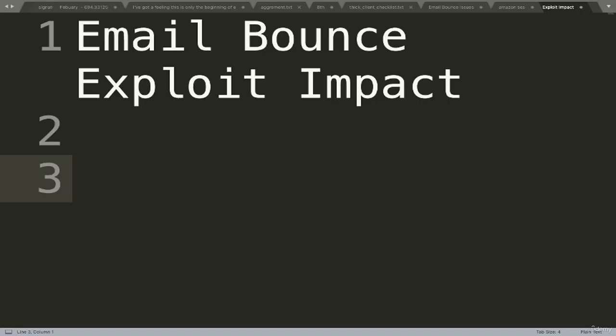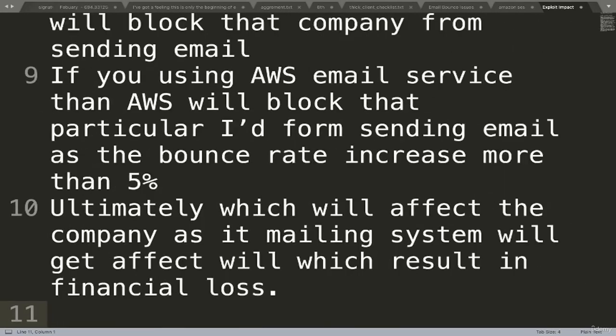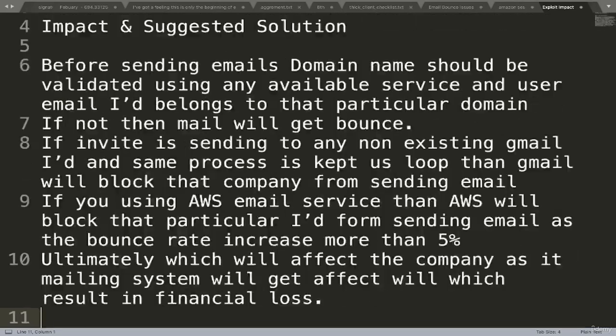Hello friends. Now I'm going to talk about email bounce exploit impact. Let me read this impact. Before sending emails, domain names should be validated using any available services, and whether the user email ID belongs to that particular domain or not. If not, then the email will bounce. If invites are sent to non-existing Gmail IDs and the process is kept in a loop, Gmail will block that company from sending emails. If using AWS email service, AWS will block that particular ID from sending emails as the bounce rate increases